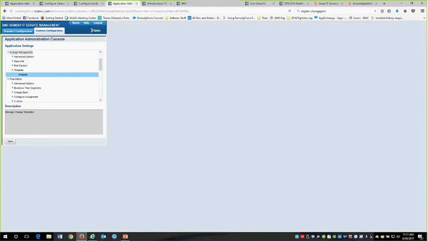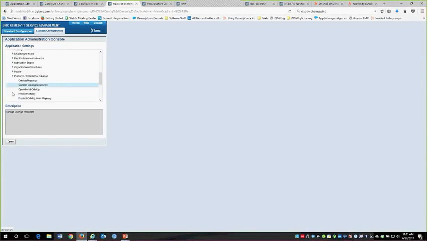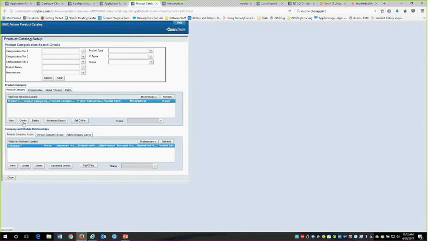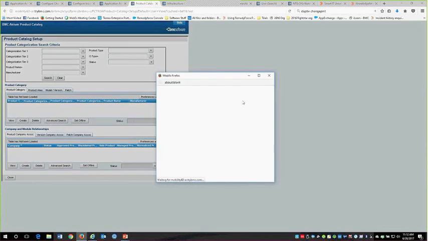So how do I do that? Well, I'm back in my application administration console. The first thing I need to do is do a product category for my bulk inventory. So I'm going to come down to product catalog. I'm going to hit my create button. And this one little thing here I want to mention, because every time I go to look for this, I forget this one little thing. On the top drop down,